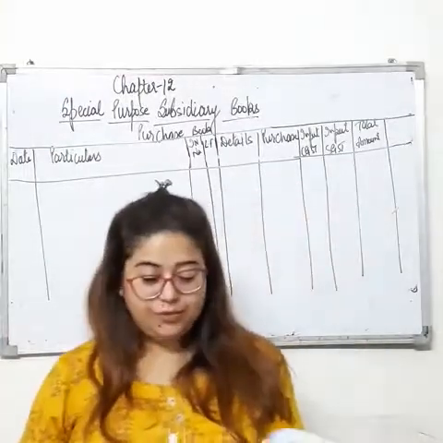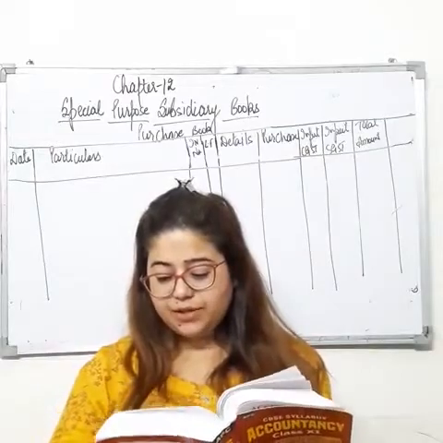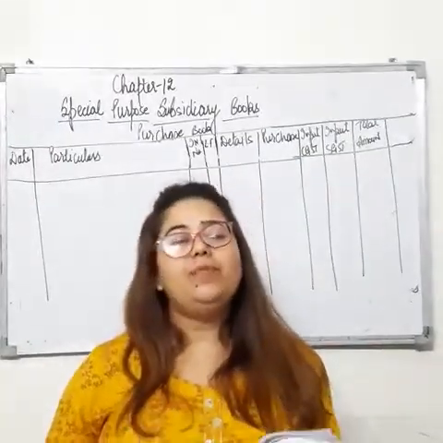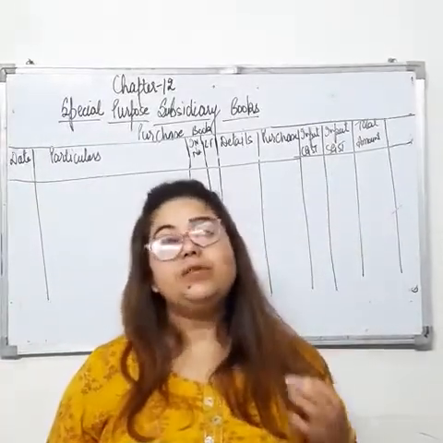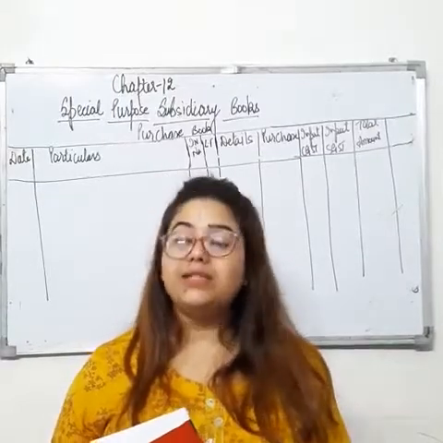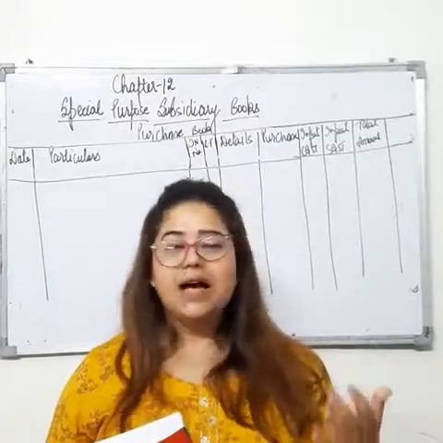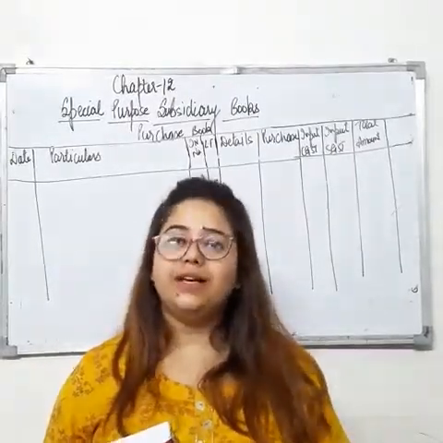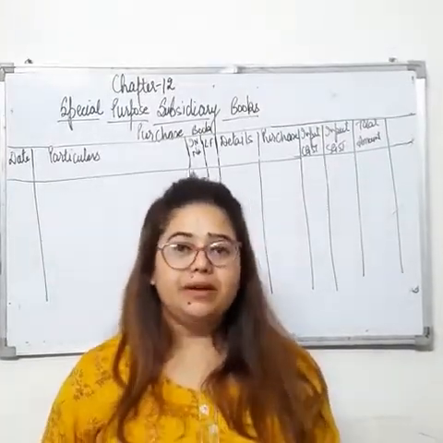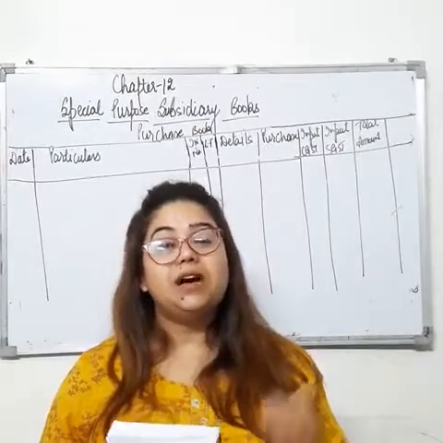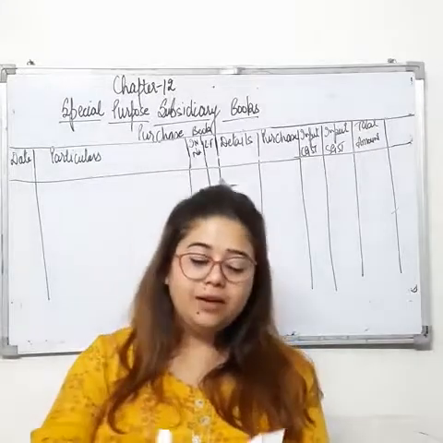So I'm going to read it from your book, page number 12.31. Prepare a purchase book in the books of Messrs. Modern Furniture House. So we are preparing the purchase book in the books of Modern Furniture House. When I read the question, one thing that clicks in my mind is that the person is involved in the furniture business. It means I have to take all the transactions connected to furniture only. Other things will be assets for me. If the person is purchasing anything other than furniture, that will not be included in the purchase book.